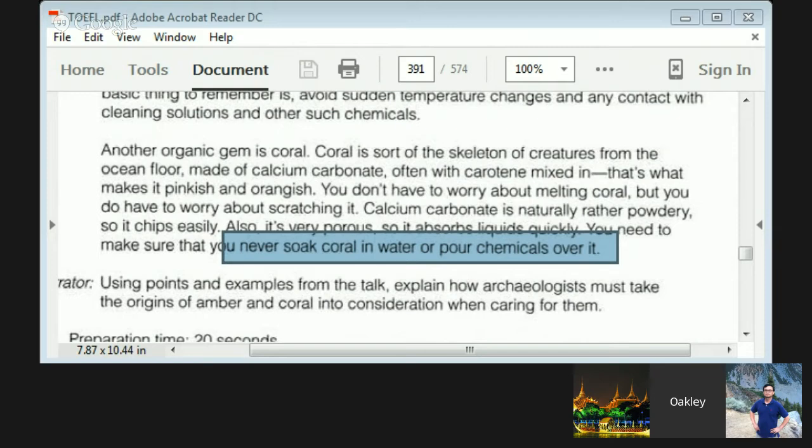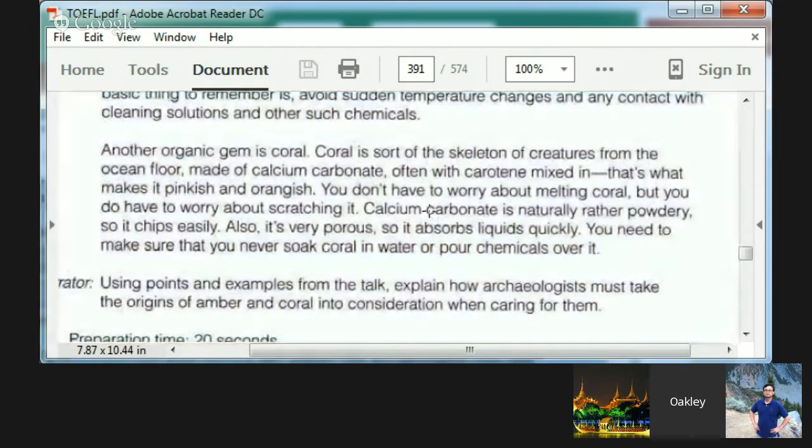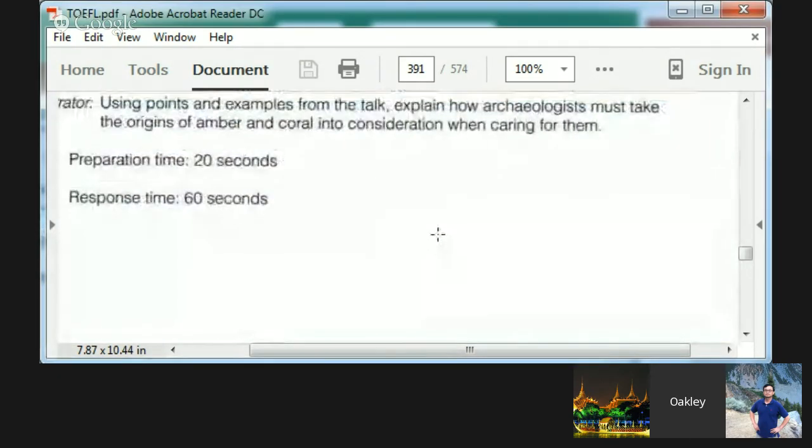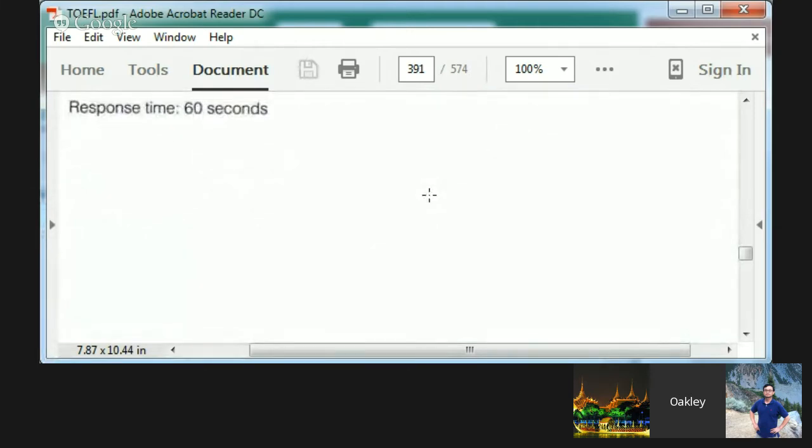Your particular note-taking style is going to have to be up to you, whatever works for you. But I'm just sharing with you a couple tricks that I use in order to be able to take notes and still be able to focus on listening.